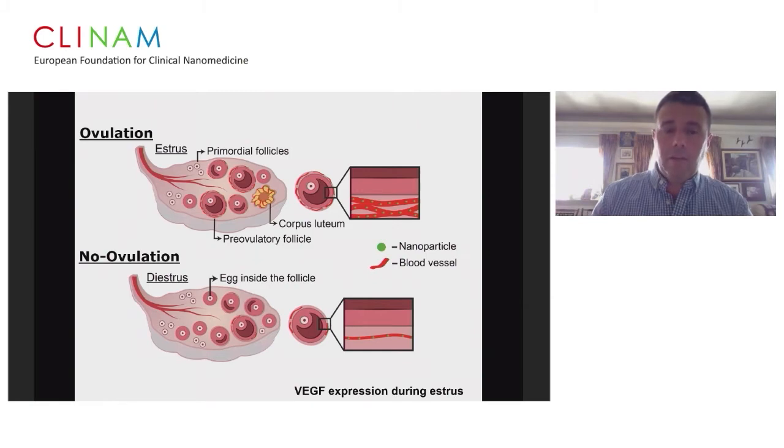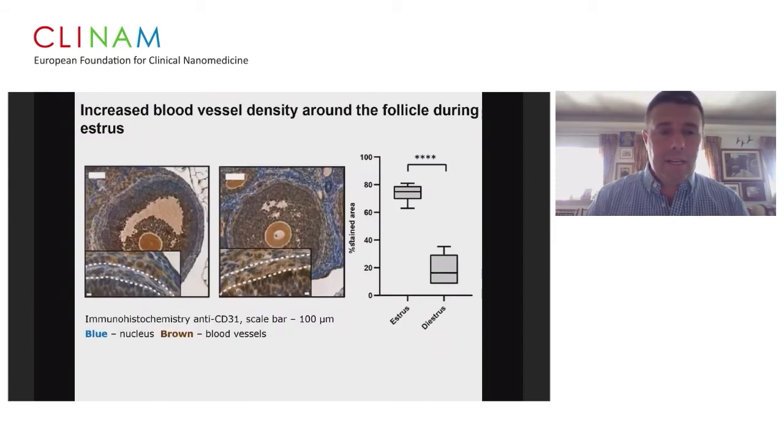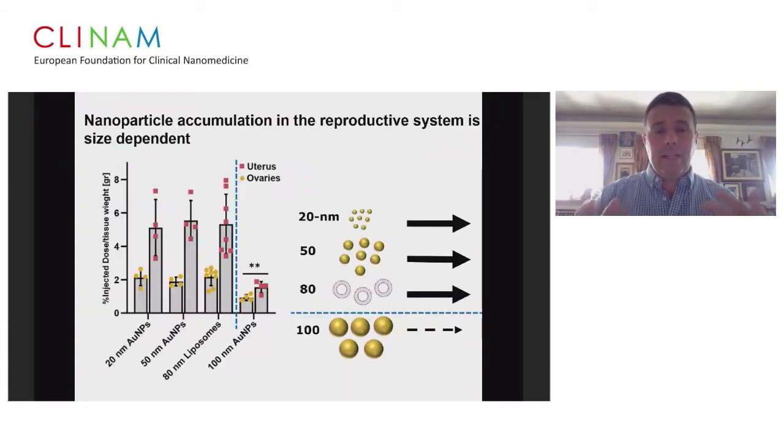Very similarly to other biological accumulation, we had the enhanced permeability and retention effect, which was mentioned by Cristianne. And now we see a very similar effect also in the ovaries, which makes sense, angiogenesis through which nanoparticles can accumulate inside the ovaries. And here you can see that increase in the density of blood vessels around the different egg follicles during the peak of ovulation, which then triggered the